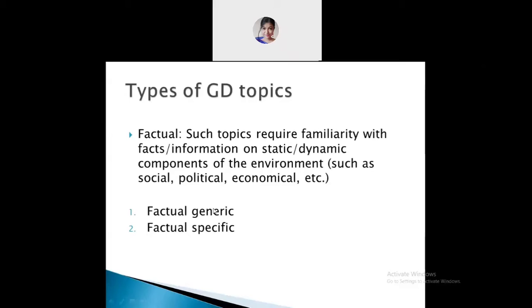So if you get this topic in a group discussion, you have to talk about cricket as well as how cricket is related to India. Now this is a general topic. It is not related to a particular event. When the topic is not related to a particular event, and you just require some basic level of awareness regarding the topic, this kind of topic is given to test your